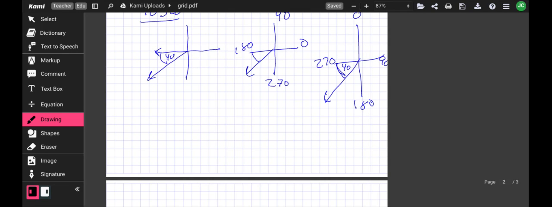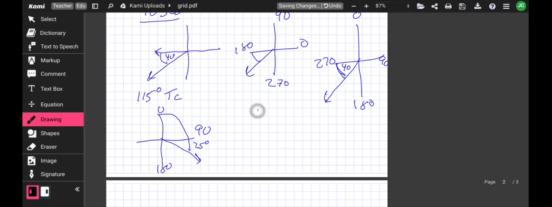Okay, let's say I have a value that is 115 degrees in the terrestrial coordinate system. So 115 degrees would be, again, 0, 90, 180. So 115 is down here. It is, if this is 90, 115 is 25 degrees more. So when I put this into the polar coordinate system